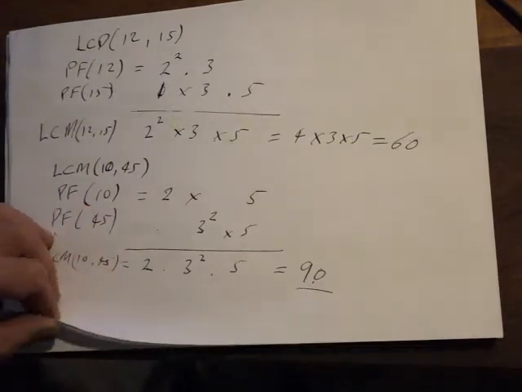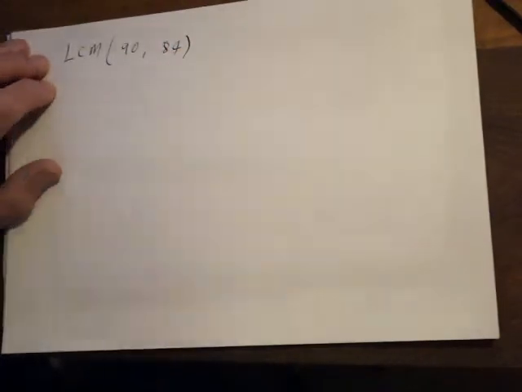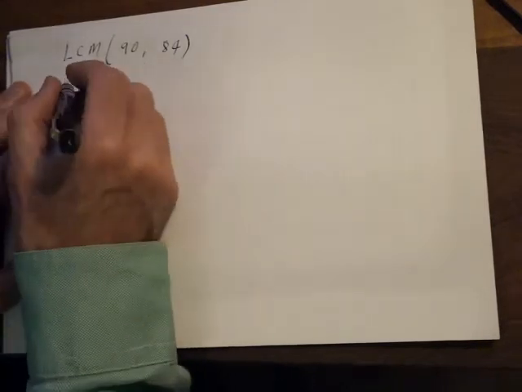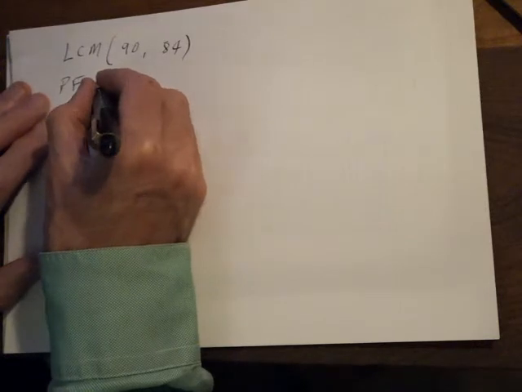I'm going to show you a more complicated one, which would be quite difficult to do by guesswork or just by eye, and it has to do with the problem that I set to you earlier about towers of different heights. And what we're looking for is the lowest common multiple, or the lowest common denominator, for 90 and 84. You'll see that this would be quite difficult to do by any other method, but let's do this with the prime factors method. The prime factors of 90,